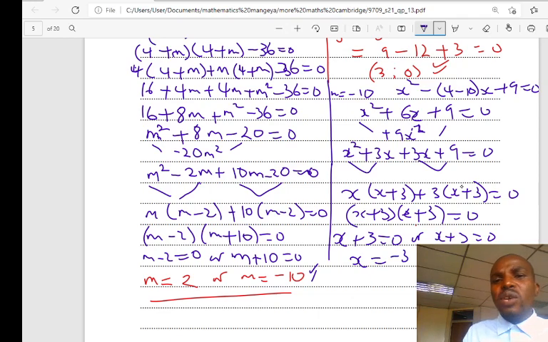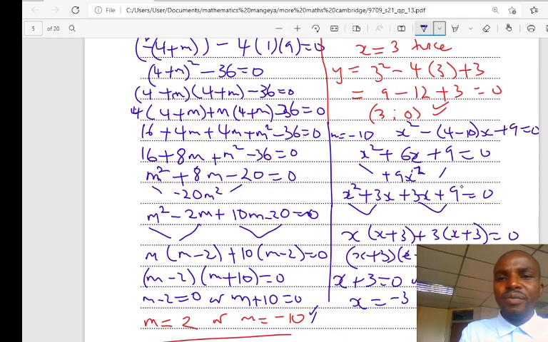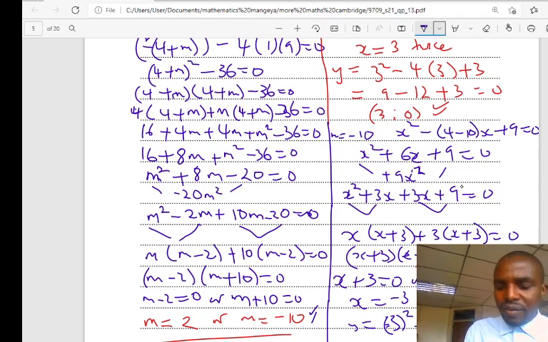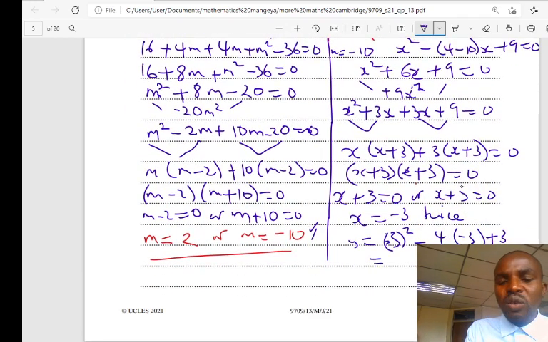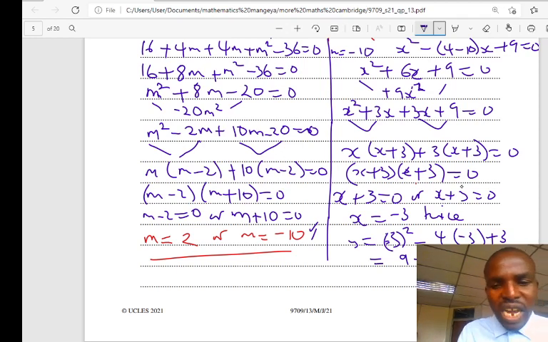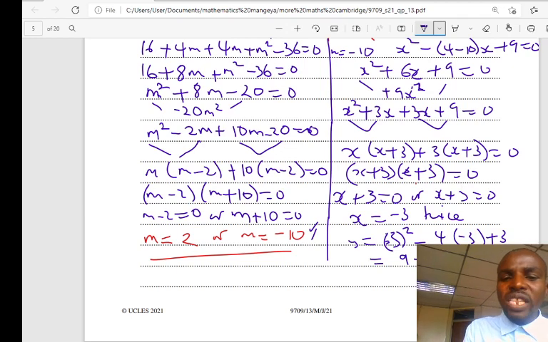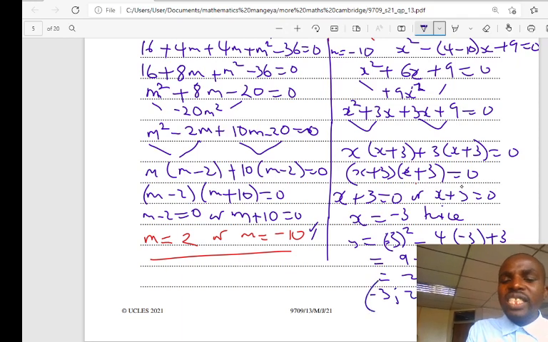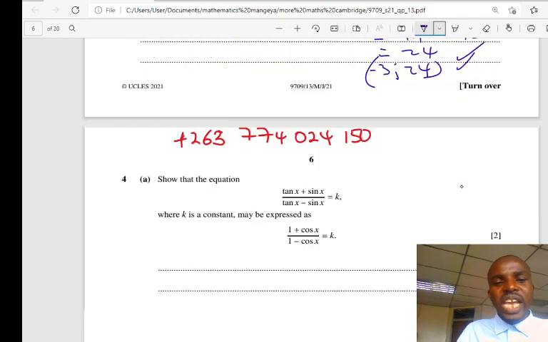Then when x is equal to minus 3, what will be y? You substitute in the same equation. Right? So y will be equal to minus 3 squared, then minus 4 times minus 3, then plus 3. That's the equation of the curve. We're substituting in the equation of the curve. 9, then minus 3 will be plus 12, plus 3. 9 plus 12 plus 3. What is 9 plus 12 plus 3? 9 plus 12, 21 plus 3, 24. So when x is minus 3, y is equal to 24. That's the second coordinate point. Then you can say you are done.